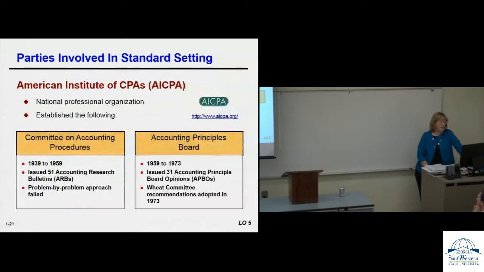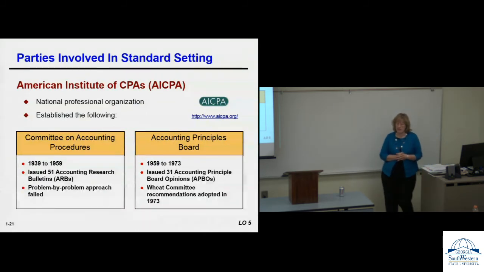Okay, the AICPA. It used to be that the SEC entrusted the AICPA with being the accounting standard setter. You'll see these two boxes. We had the Committee on Accounting Procedures for about 20 years, from 1939 to 1959, and then we had the Accounting Principles Board from 59 to 73, and these were the two organizations that the SEC entrusted with actually setting